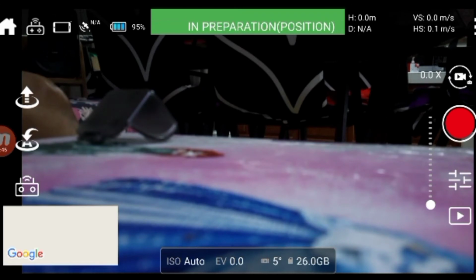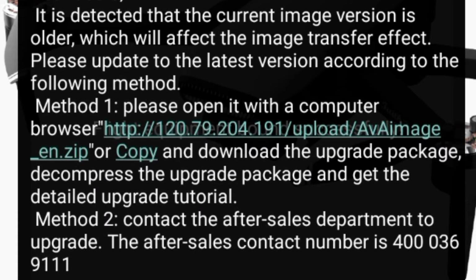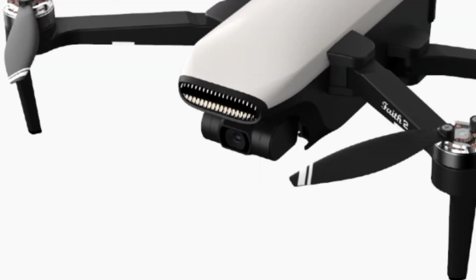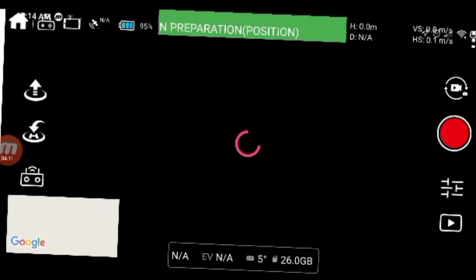I think this is comparable to the application of Hubsan, the Hubsan X. In the main interface, you see the home icon. I am encouraged by the application to update it, but just like I said, I'm gonna leave it like that.